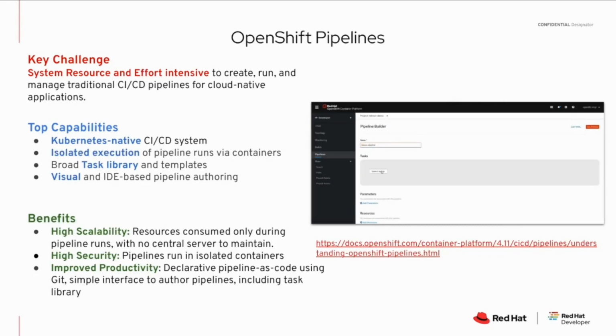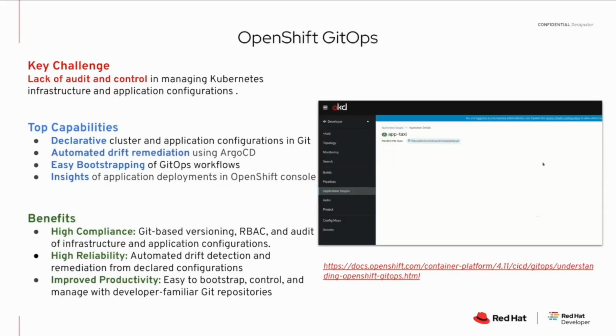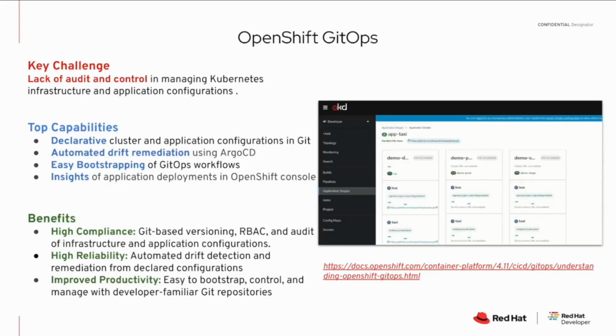And our whole declarative pipeline-as-code in Git makes it so much easier for you to use Git to create your pipeline definitions that then run on OpenShift. So you don't have to construct them in OpenShift; you can just use Git for it. This way, it's declared and easy to manage. You can share that same exact Git-based pipeline definition across teams, and you now get the benefit of a centralized way of auditing and managing your pipelines. So check it out. It's great. All it requires is an operator to install on OpenShift.